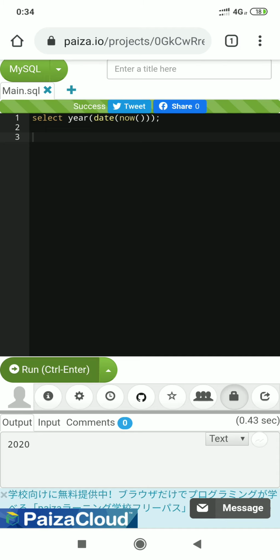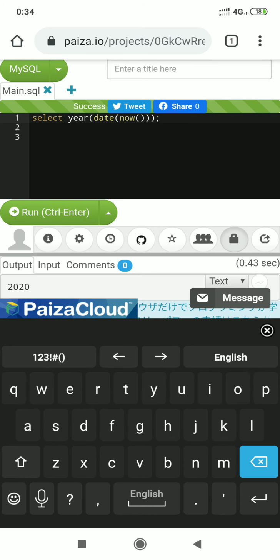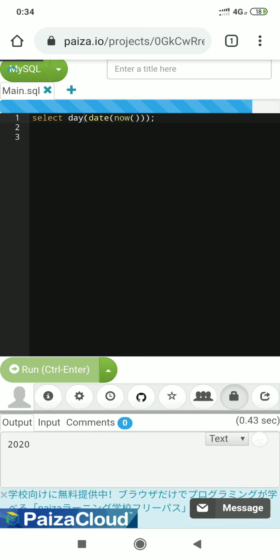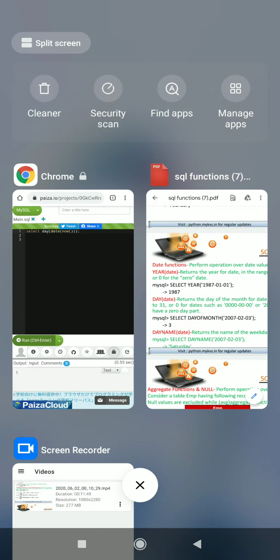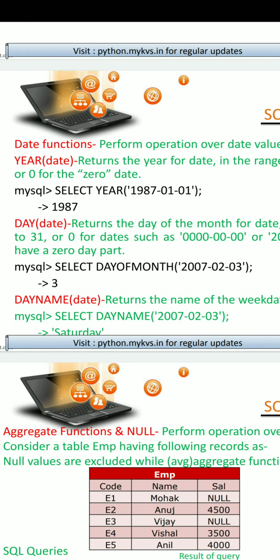It is returning 2020 as the year. Then write here DAY. It is returning 1, which means 1st June.